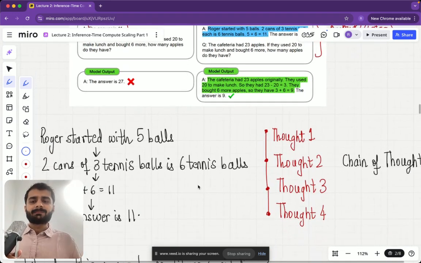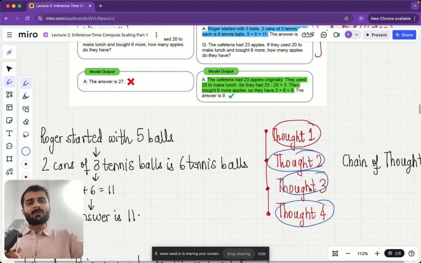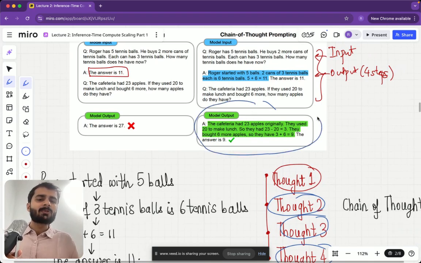So let us look at this example again. Here, what you can see is that there are four thoughts which are linked with each other. As I've shown in this figure, thought number one, thought number two, thought number three, and thought number four. And these four thoughts are linked with each other. That is why it is called a chain of thought. And then what you observe is that once you give a chain of thought, the model tends to answer other inputs also in a similar way. For example,